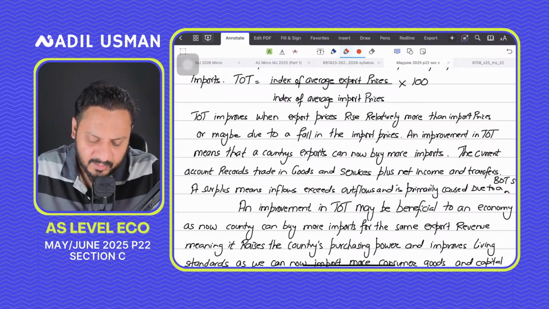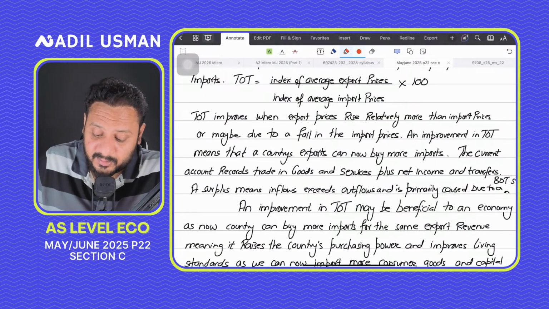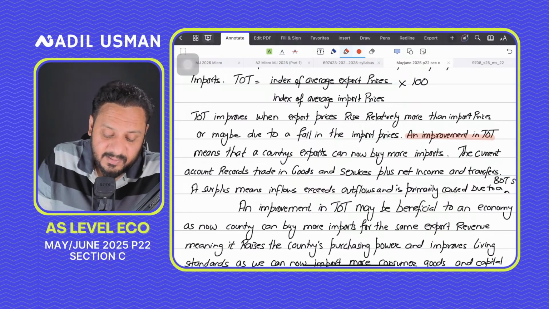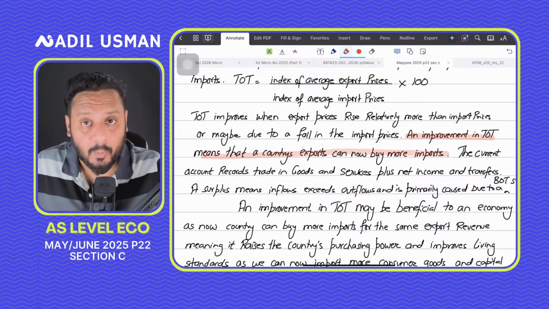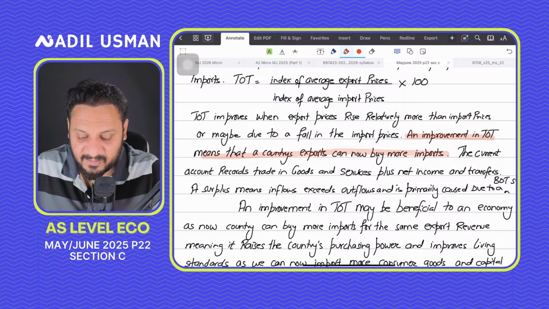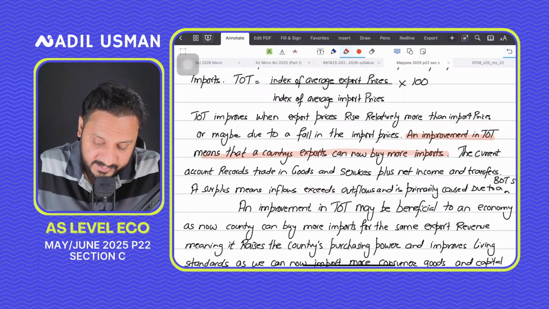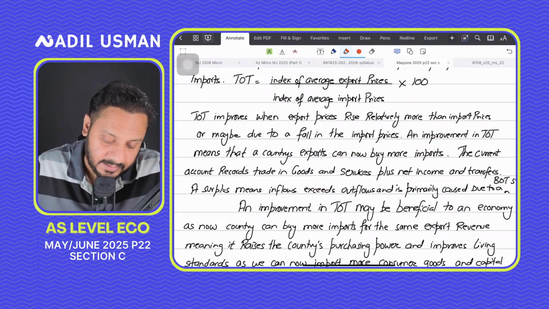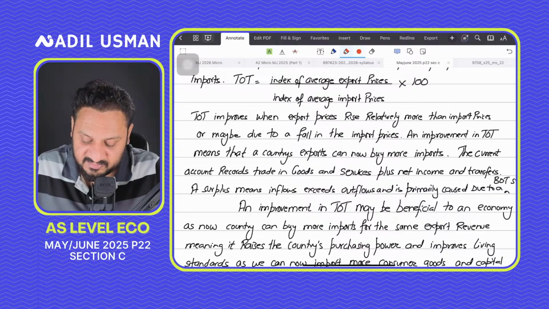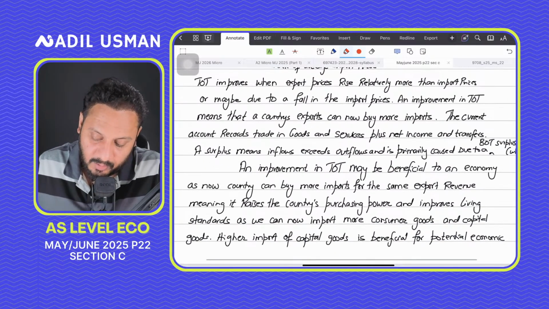So an improvement in terms of trade means, and you need to tell this, this is an important line: an improvement in terms of trade means that a country's exports can now buy more imports. This is what an improvement in terms of trade means. That your basket of exports, the same basket of exports, can now buy more imports, which is good. So on the other hand, the current account, you'll say that the current account records the trade in goods and services, plus it records the net income and transfers,